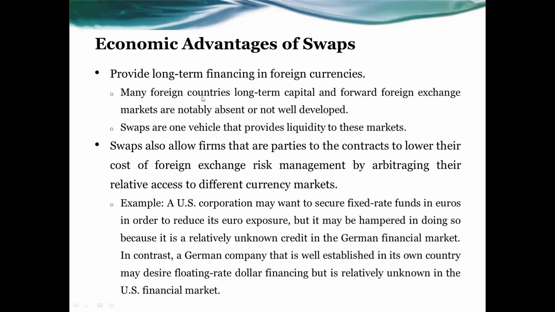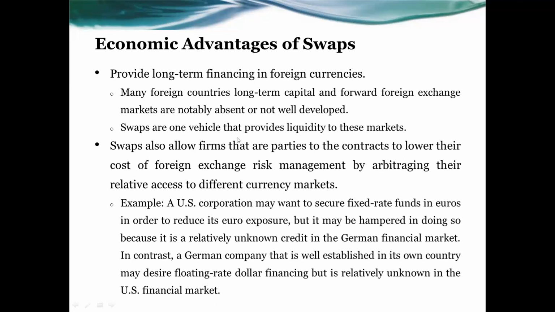So in many foreign countries, long-term capital and forward foreign exchange markets are notably absent or not well developed, because sometimes forward market transactions are not happening very properly, right? And there is no proper mechanism for long-term capital. Therefore, the swap is the only vehicle that provides liquidity for this market. Now you see how our long-term liabilities are getting fulfilled